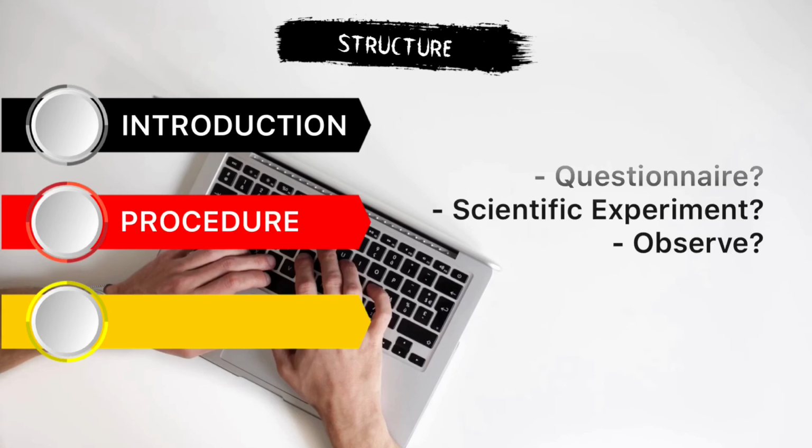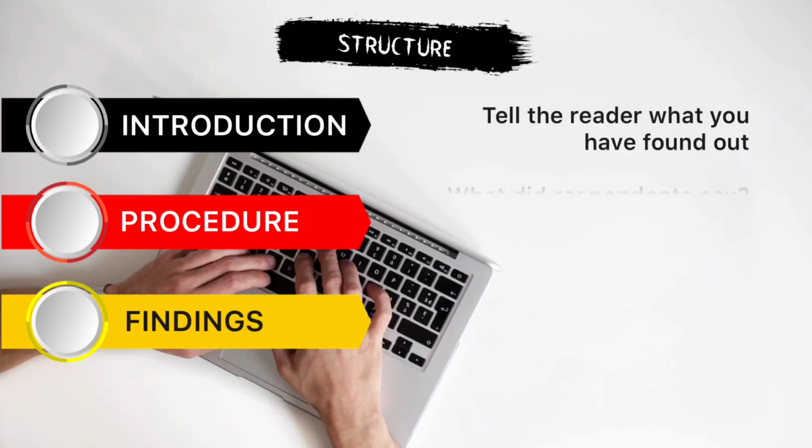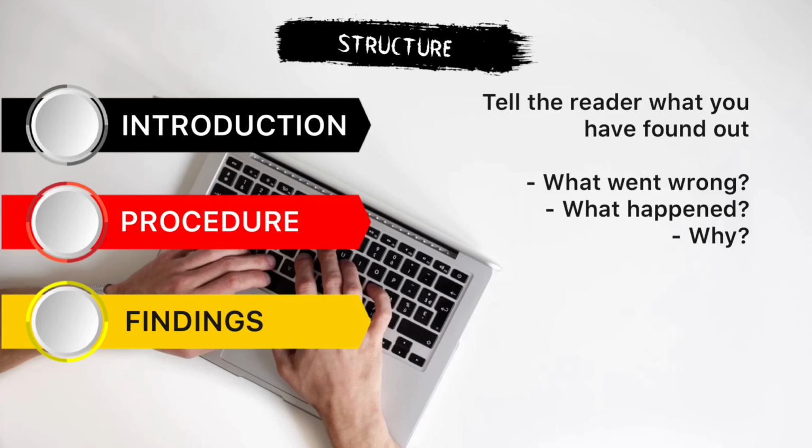Once you have gathered your data, you will include it in your findings. This is the part of your report where you write about exactly what you have found out. What did your respondents say? Reports often use lots of tables and graphs to display information quickly and clearly. The findings section is also a good place to outline anything that went wrong when you